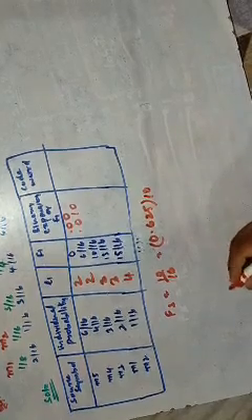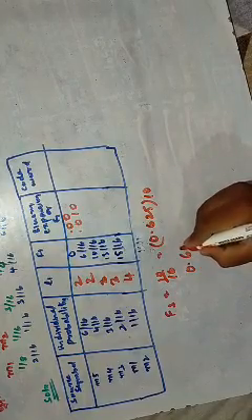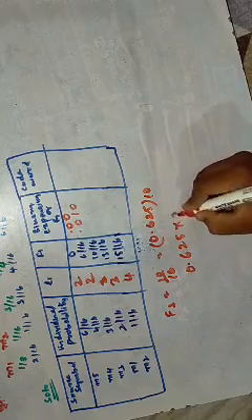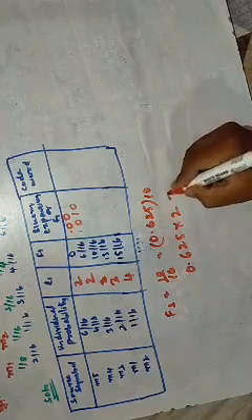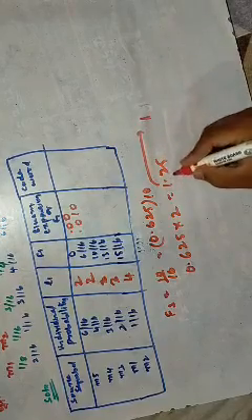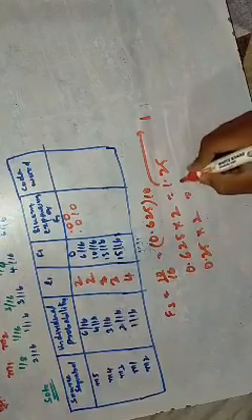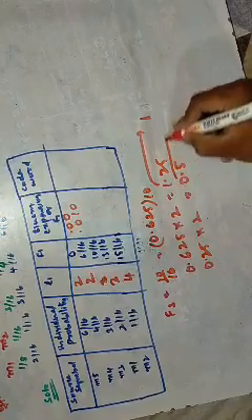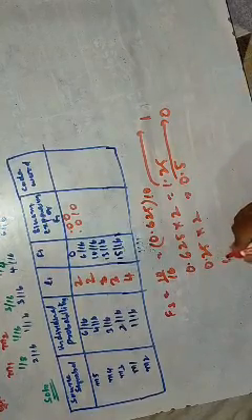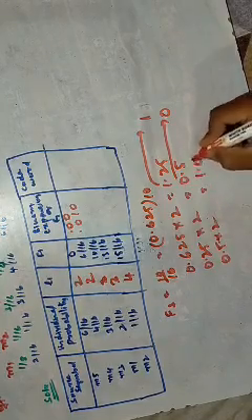0.635 with respect to 10. So converting this fraction decimal into binary, first multiply by 2 and the answer becomes 1.25. In that, take the 1 and the remaining is 0.25. So 0.25 into 2, we get the answer 0.5. In that, take 0, the carry will be 0. 0.5 into 2, we get 1.0.